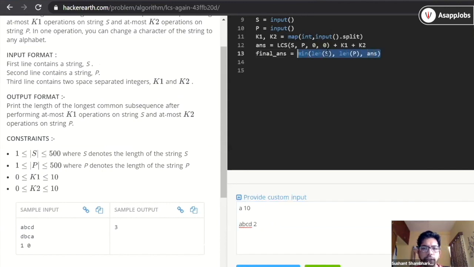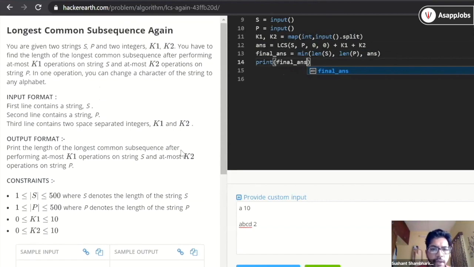Otherwise, you can just print this answer here, the LCS of this. Let's see if we get the correct answer here. So you always have to tweak your code a little bit depending on the problem. So this is one example. You won't be getting an exact classic algorithm-based problem.